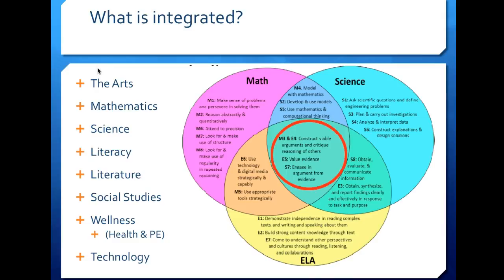And then how does the content interact with each other? So again, you're seeing elements M4, E6, and S8 here that overlap between math, science, and English language arts, and then specific separate activities. I have a better example I'll show you, but you can see here the important thing that we're pointing out